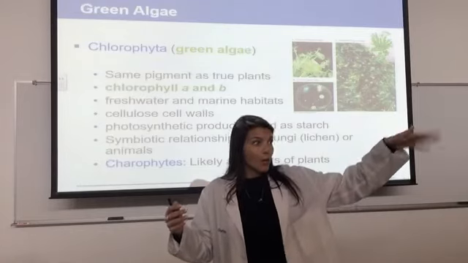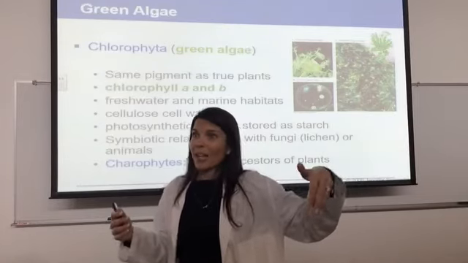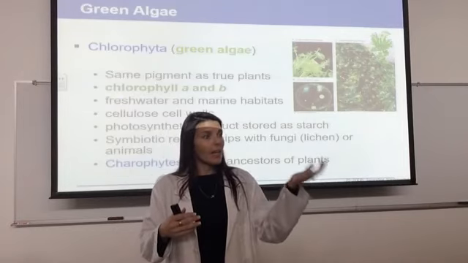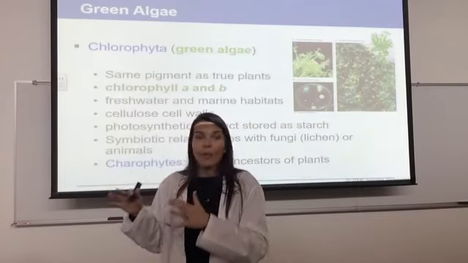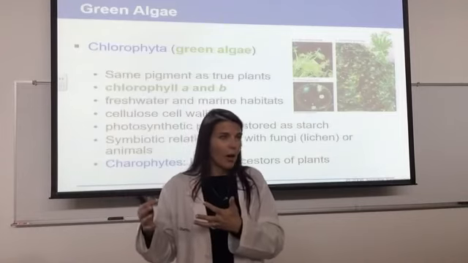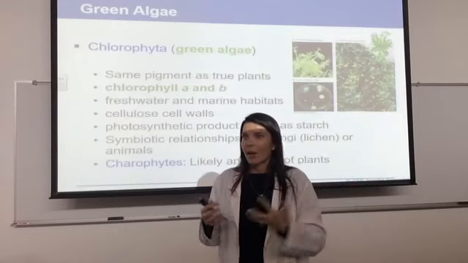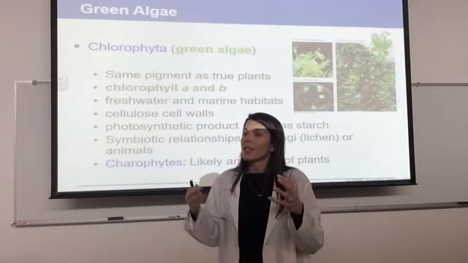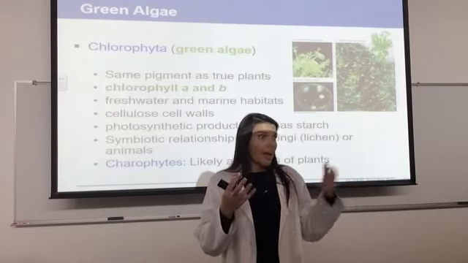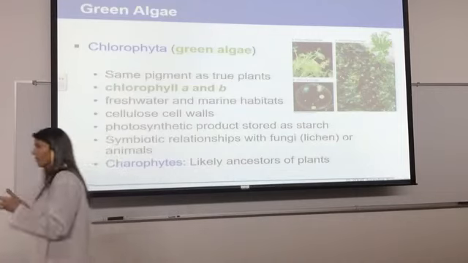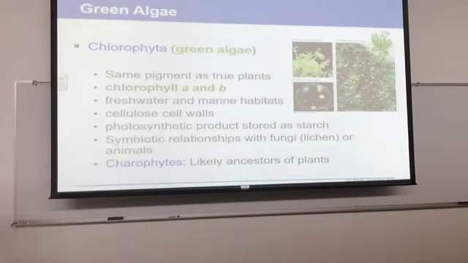There are also tree branches in lab that show lichen on them as well. It is a symbiotic relationship. It does provide food for whatever it's on. However, if it's growing on a rock, the rock doesn't need the food. But we see a symbiotic relationship with trees because the tree will give it water and it will help with nutrients.